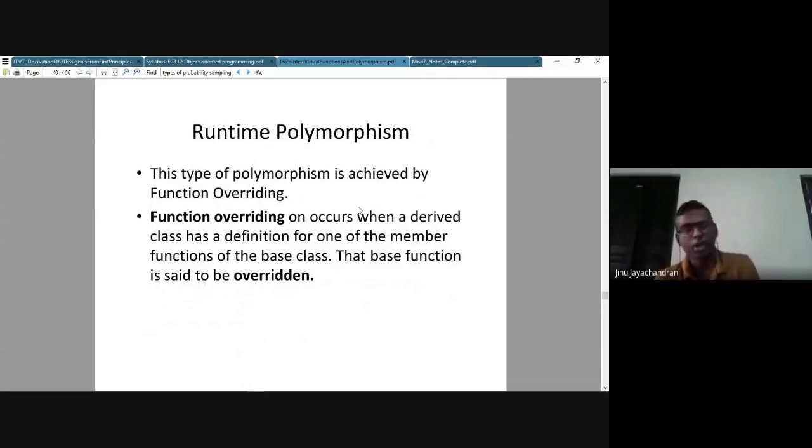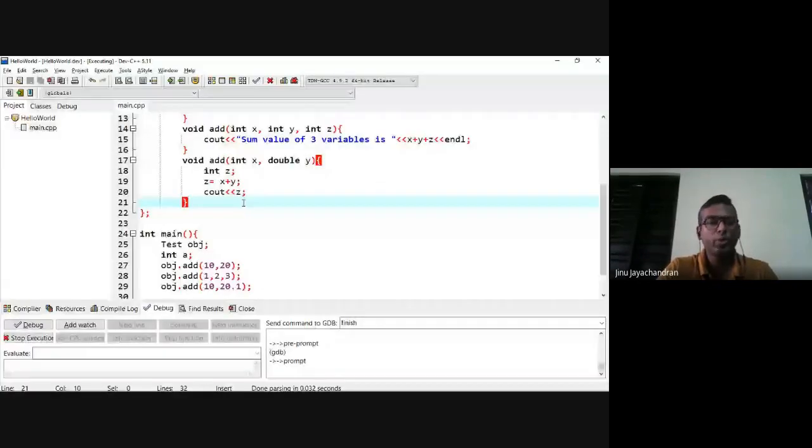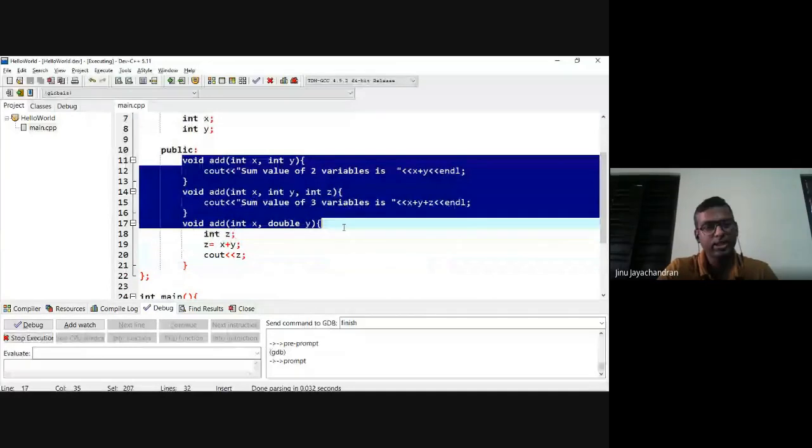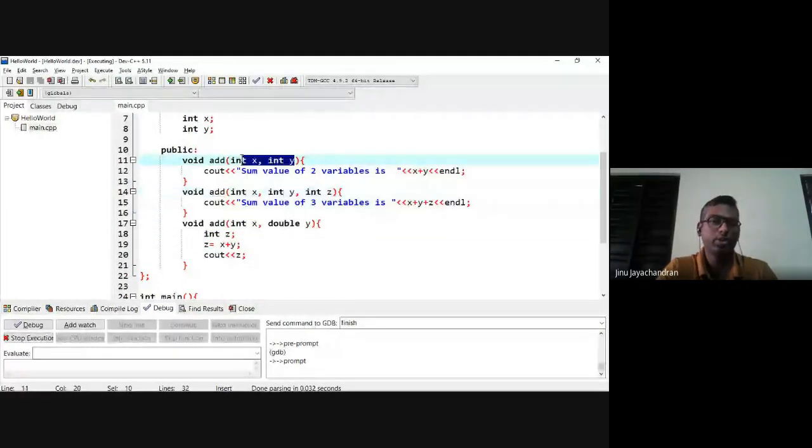Runtime polymorphism means the program comes to know about these different characteristics only while it is running. In this case, when you compile the program itself, the program knows that there are three different functions with the same name, but with different types of arguments and different numbers of arguments.